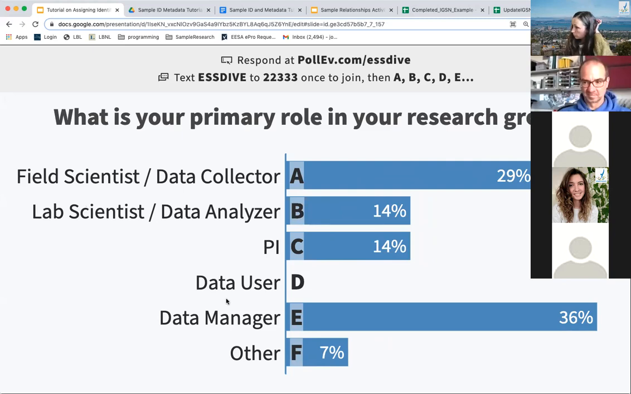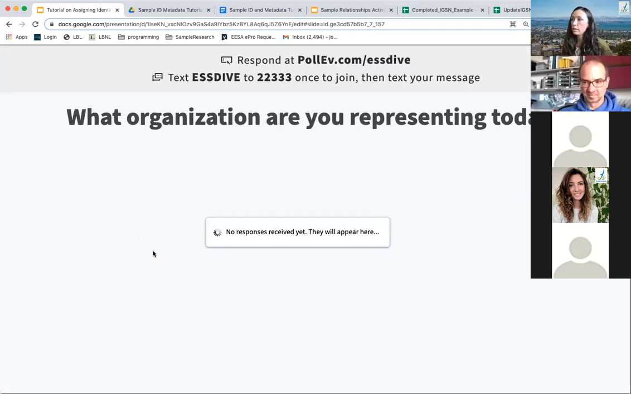Okay, so it looks like most of the attendees today are data managers, but we also have some field scientists or data collectors and some lab scientists and PIs. So we're really happy that you've all joined today. And I'll move on to the next question. What organization are you representing today? And this is a free text question, so you can enter